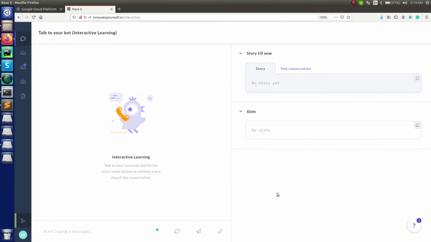All right. So as we have seen in the previous session how we can connect your domain to the Rasa X, so that instead of calling your Rasa X with respect to the localhost or any IP address, we will be calling that with respect to the domain name which we have connected in the previous session. And if you are not aware of how you can connect your Rasa X to the domain name, then you can check my previous video and I will give you the link on the top of this video. You can check it there and accordingly you can get started further, right?